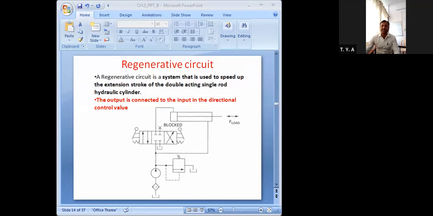Here this is our double acting cylinder, single rod. For the extension stroke we take the fluid from this tank reservoir, then we have the filter, this is our pump. Here we have the pressure relief valve, and this is a 4x3 direction controller. When the fluid comes from P to A, the extension of this hydraulic cylinder will happen.